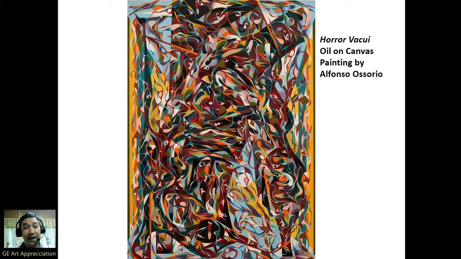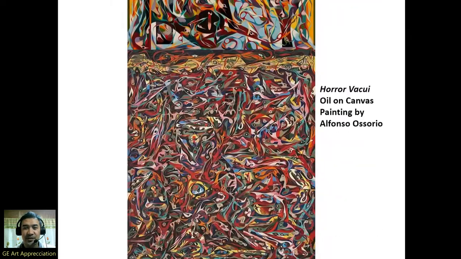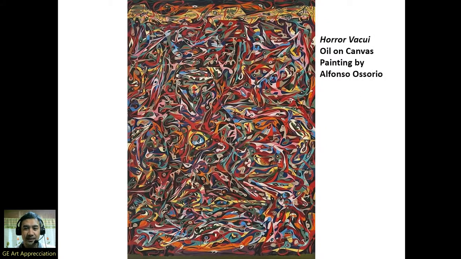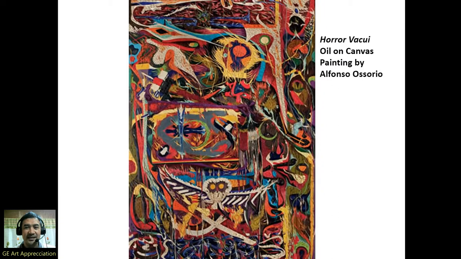So this is an example of Horuvaki. Oil on canvas painting by Alfonso Osorio. Another one. Okay. So, take note, wala kang makikitang empty space doon sa canvas. So, napuno siya. Napuno siya ng oil painting.